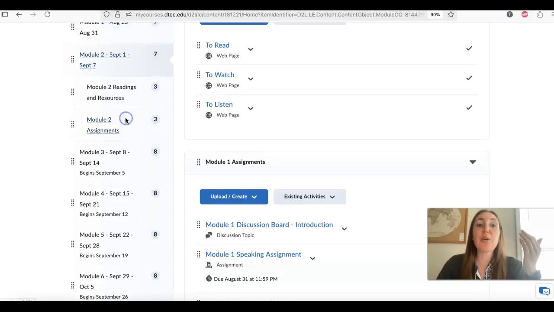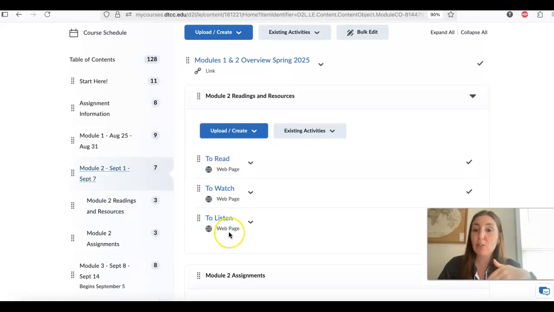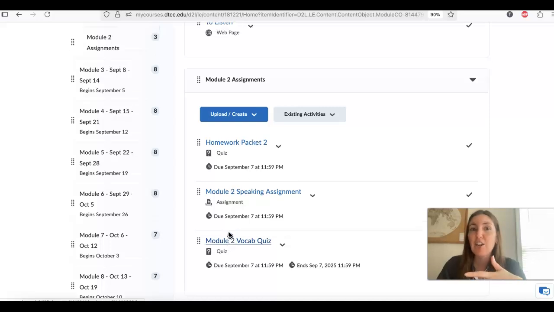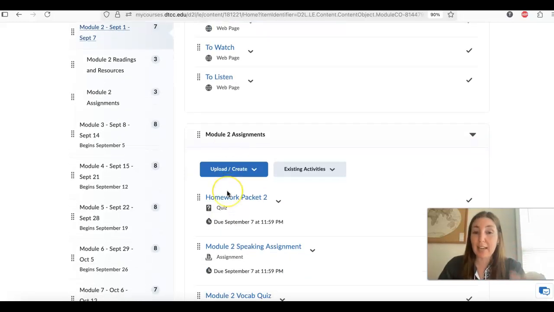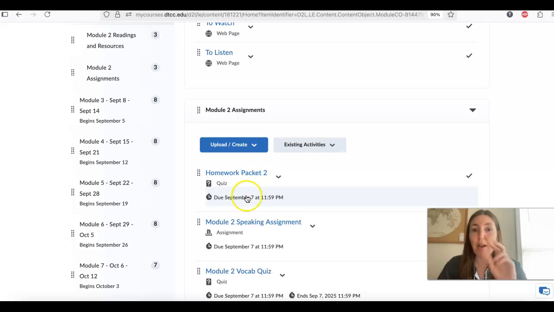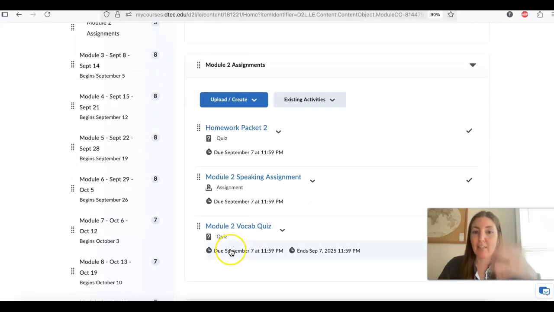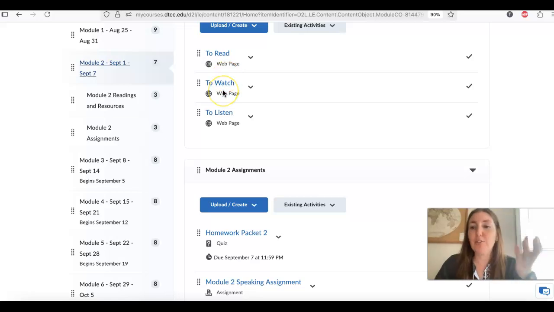So then we go to module 2. So again, because of the way the first 2 weeks are with people adding and dropping and getting their books, the readings and resources are the same, but the assignments for module 2 now are the real assignments, like in Spanish. So the topics you'll see, it's going to be like the alphabet, the verb ser, which is like to introduce yourself, like I am, and saying your name and spelling names. So the second homework packet and the first homework packet, both of them are due September 7th. And then the speaking assignment, you need to answer those questions in Spanish. And then the quiz will be about the actual content from modules 1 and 2.